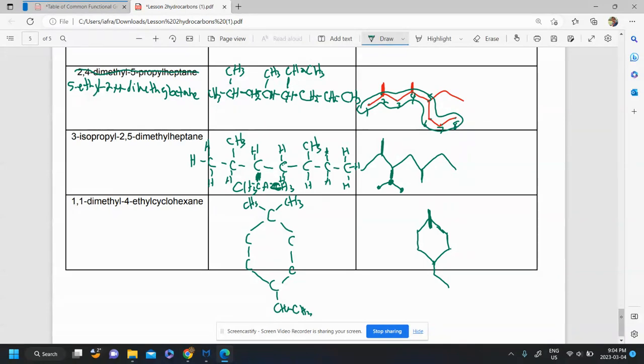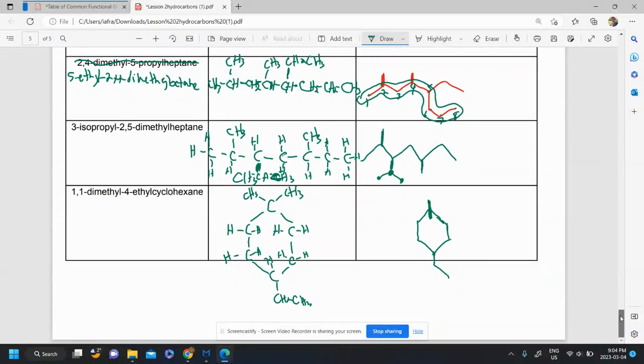CH3. Then you can add in your H's where needed. So the carbon here needs 2 H's. This one needs 2 H's. This one needs just 1. This one needs 2. This one needs 2. And now we have 4 bonds on each carbon, all the substituents in, and that's how we draw 1,1-dimethyl 4-ethyl